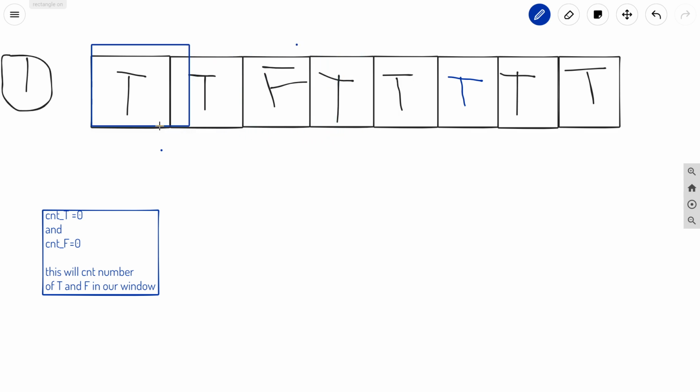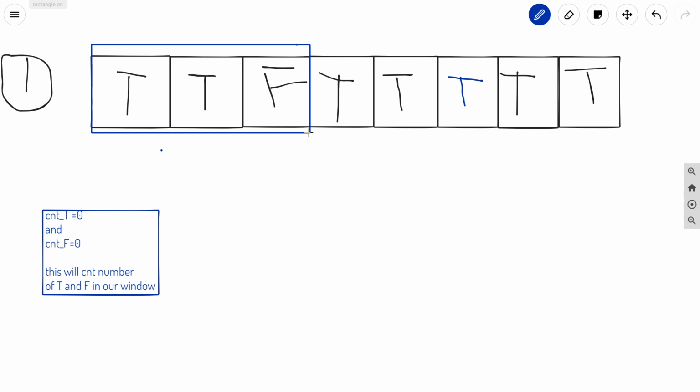Initially count t and count f were 0, and when our window is of size 1, count t is 1. When we increase the window, count t is 2 and count f is 0. When we again increase it, count t is 2 and count f is 1, and the minimum of both is 1.